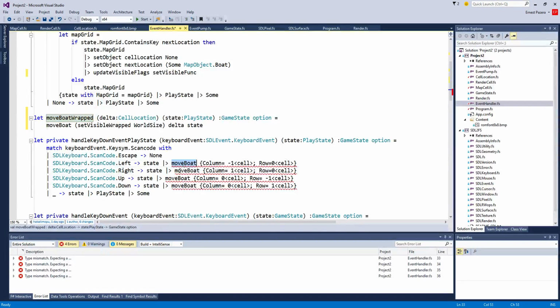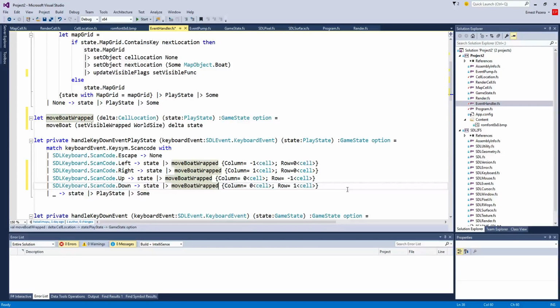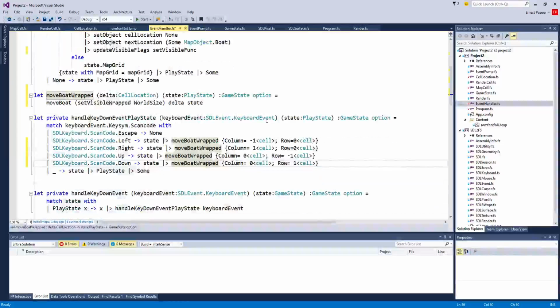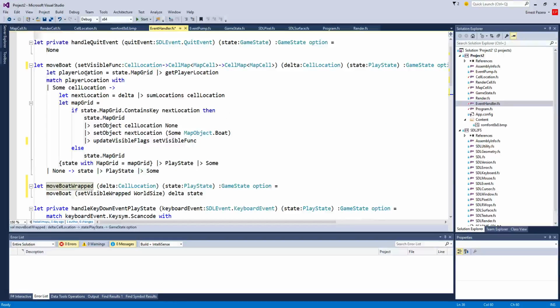Then you are move boat wrapped now. So neat. Oh, but